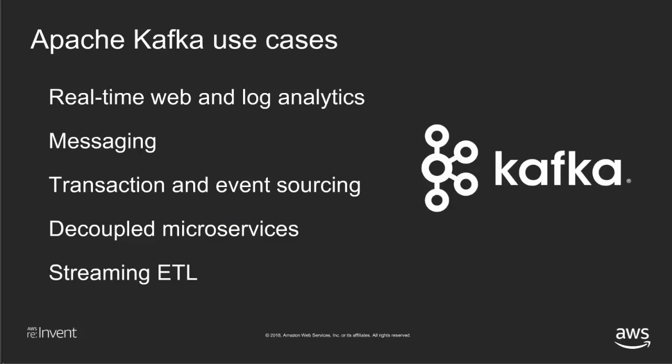These are some of the most popular use cases that we see in the data streaming space. First is real-time web and log analytics. Customers have websites and they want to understand how those websites are performing, how their users are interacting with those websites in real time or even in near real time. What they want to do is capture all of that data and then process it later on. Apache Kafka provides that ingestion mechanism that scales so that you can capture web and logs as they're generated, and then have applications on the backside of Kafka reading from it in real time.